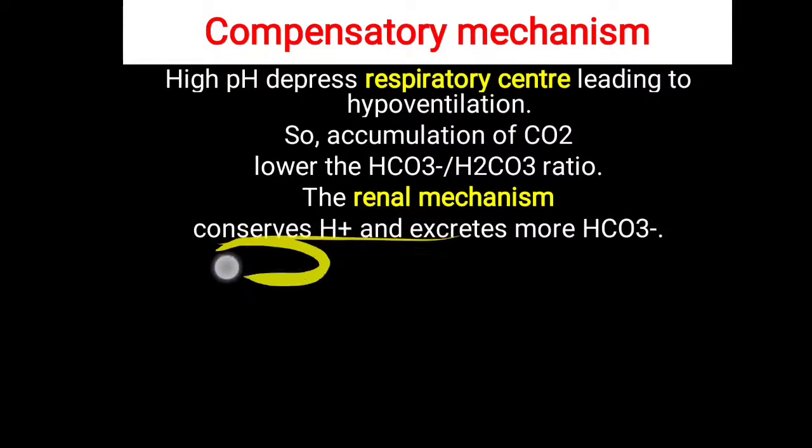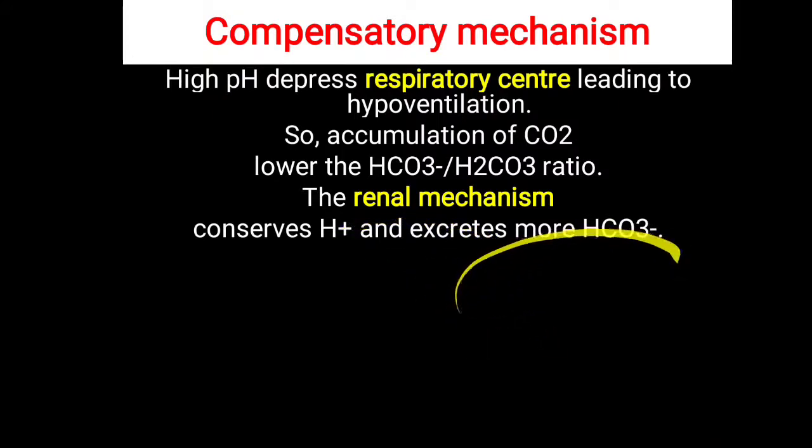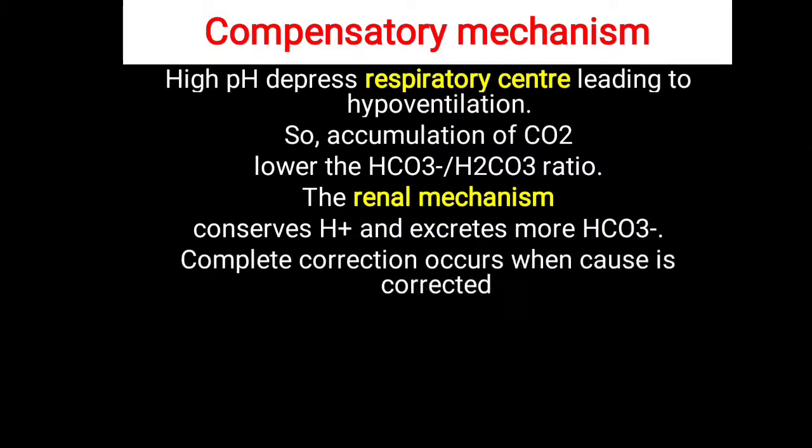The kidney will try to conserve more H plus because it is alkalosis, so we need hydrogen ion. So the body or kidney will try to conserve more hydrogen and excrete more bicarbonate. Because excessive bicarbonate is generated, we have to eliminate bicarbonate, so the kidney will try to eliminate more bicarbonate. So a complete correction will be possible when this renal mechanism works, but it is not possible